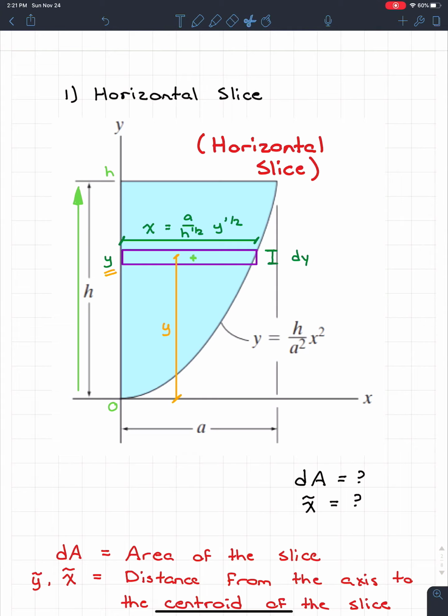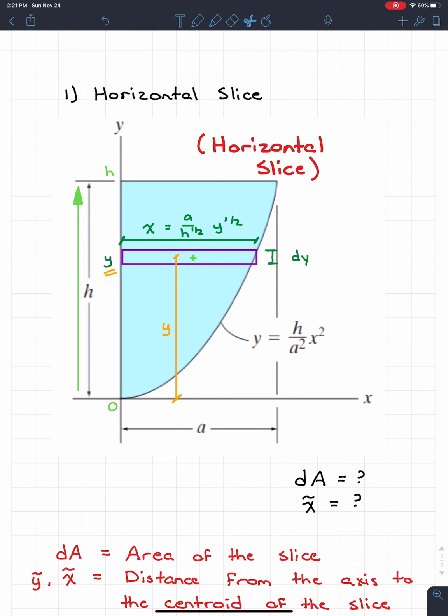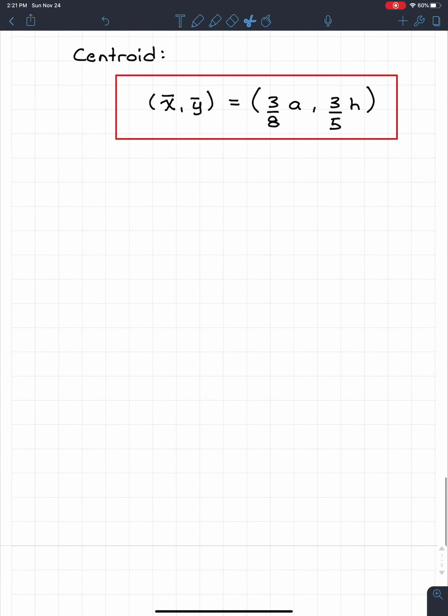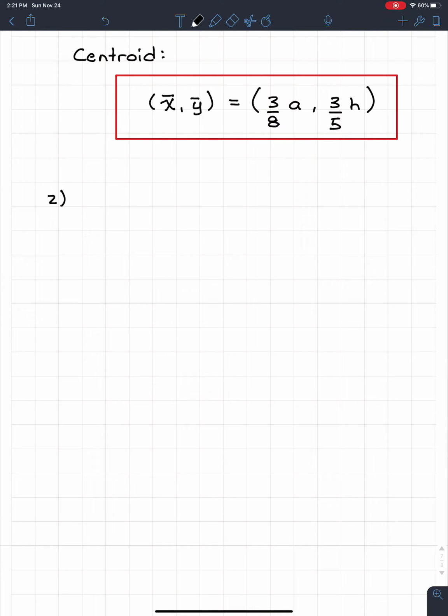So what I'm going to do is I'm going to copy this, and I'm going to bring it down, and we're going to go and do the vertical slice. So I'm going to come down here, and I'm going to say, okay, the second method, the vertical slice,